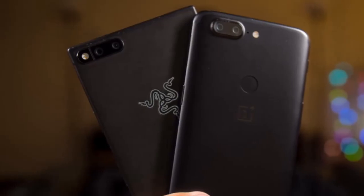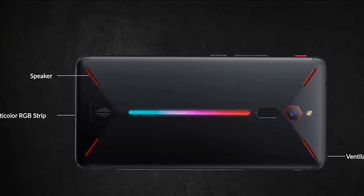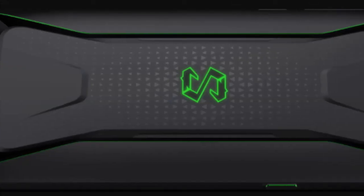The Xiaomi Black Shark comes with a dual camera setup but has a 12 plus 20 megapixel sensor. The camera is aided by 12 pixel face detection autofocus